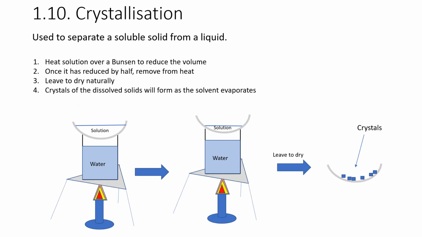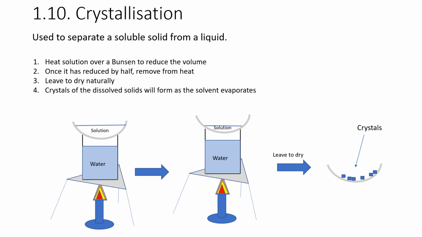Crystallization. We use this to separate soluble solids from liquids. So for example, you might have a sugar solution or a salt solution if you're doing it at home. Or at school you might have an experiment where you have a copper sulfate solution here. The key principle behind crystallization is that when a solvent within a solution begins to boil, it will evaporate, leaving the solute behind. Therefore, if you boil away the solvent completely, you'll be left behind crystals of the solutes that